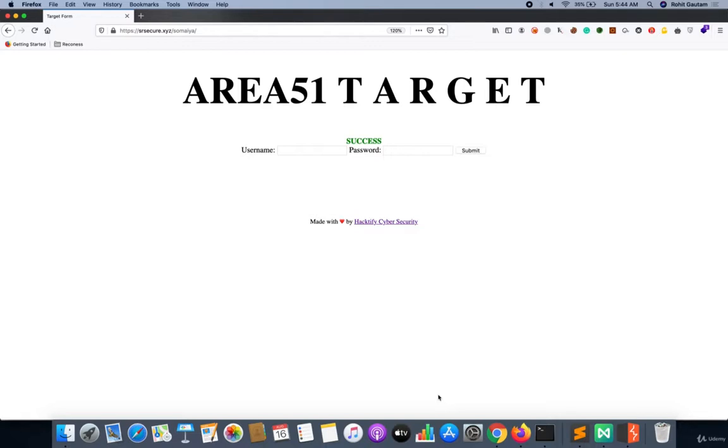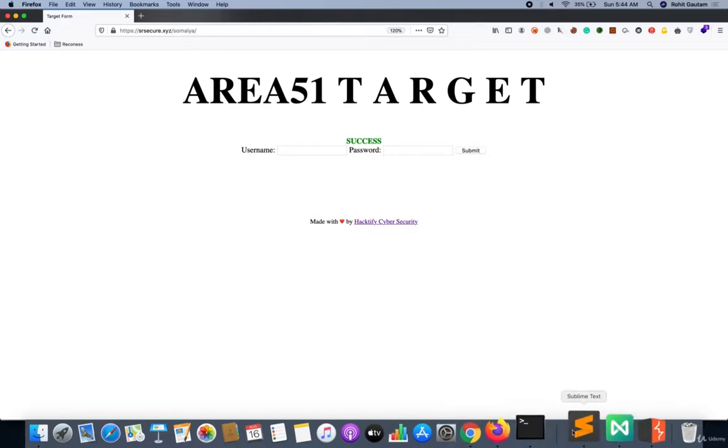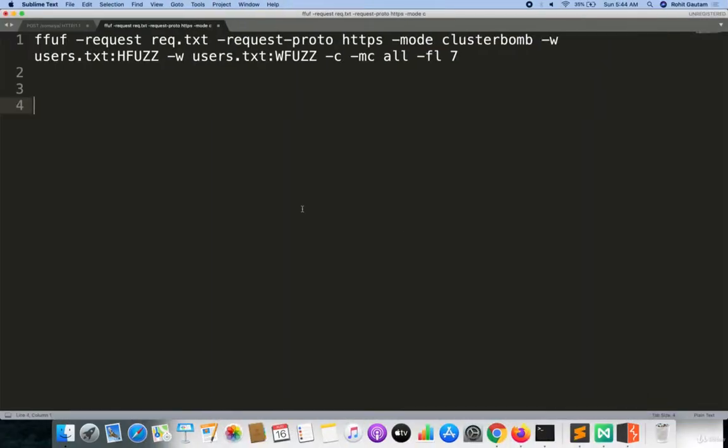Alright. So let us see the command that we are going to fire, which is this, in which you can see FFUF stands for the tool itself. The -request flag can be used to specify a file with a raw HTTP request, and that would be used to fuzz accordingly. So here the request.txt file contains a request that you can take from Burp Suite as well as from the browser network tab. All right. Here you can see the request